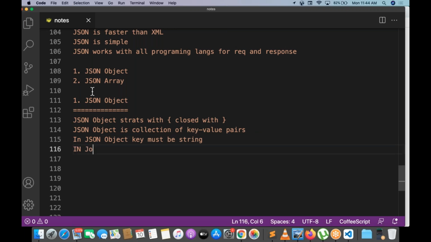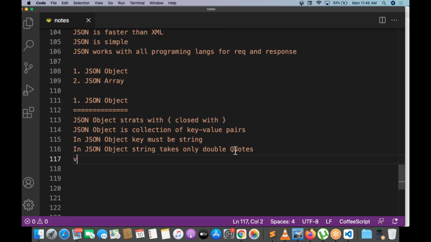And one more point. In JSON object, a string takes only double quotes. Single quotes will not work. Only double quotes will work. One more point.